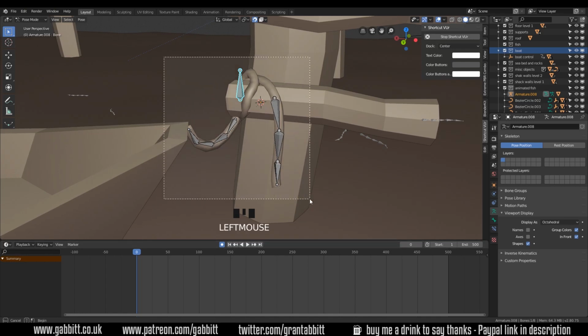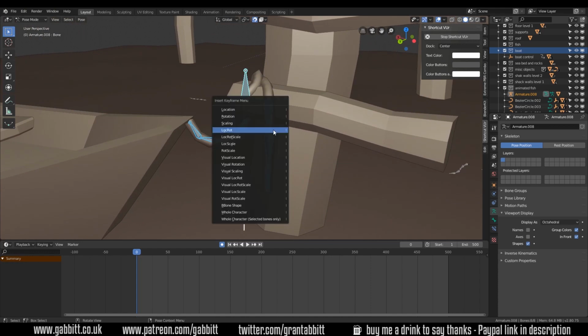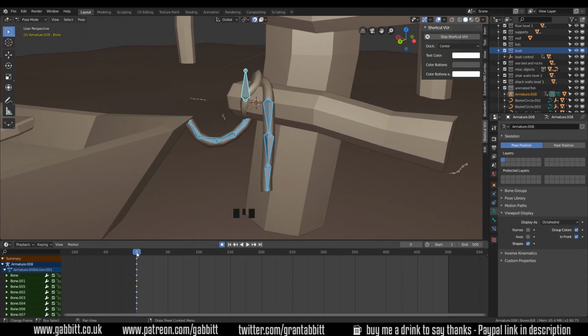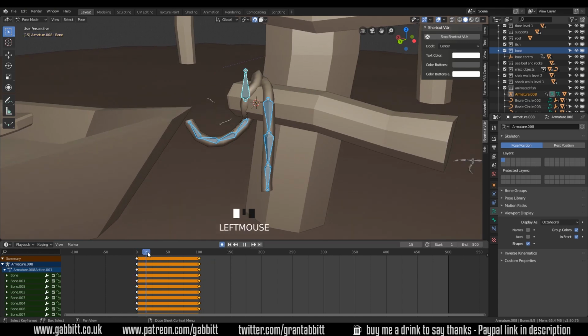So we want to select all, and I will set a keyframe here. So I lock rot, and we've got a set of keyframes. And our boat animation was 100 frames, so I'm going to do the same here. So it should be a case of selecting this and duplicating it, Shift D to duplicate, and we've got a